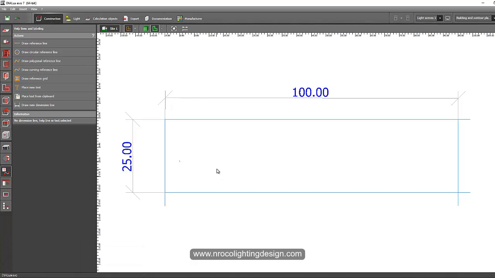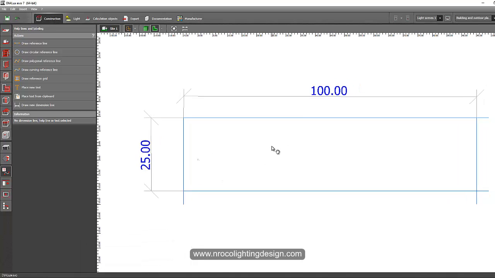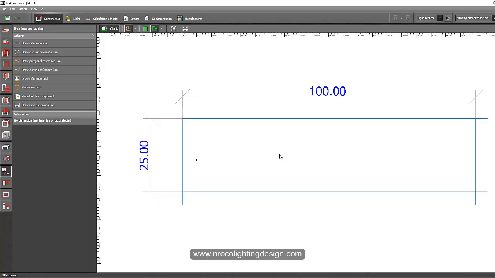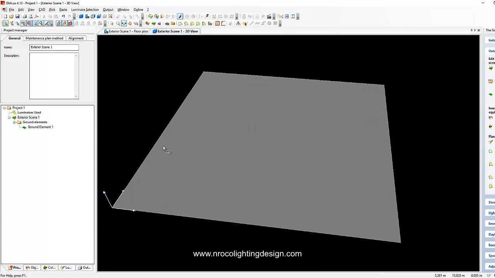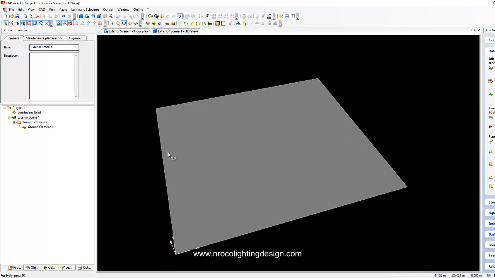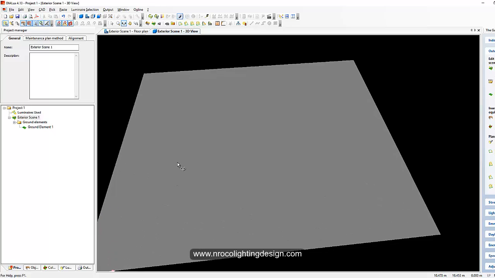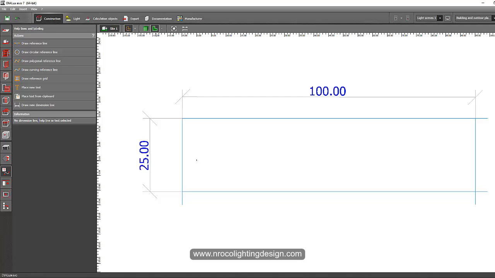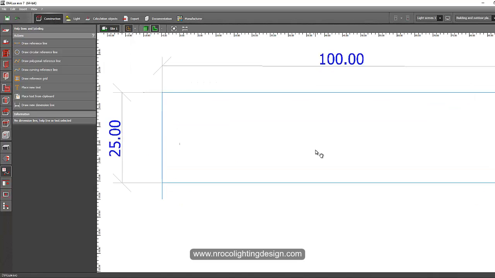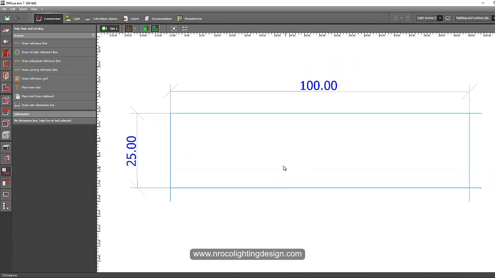Okay, so I have here now, I open now the Dialux Evo. I'm going to do the calculation using Dialux Evo. But if you prefer to use the Dialux regular, then it's okay. It's easy to use, and if you're comfortable with the Dialux regular, then you can do it. Just follow the same style for Dialux Evo, and yeah, you can use that one later if you want to.